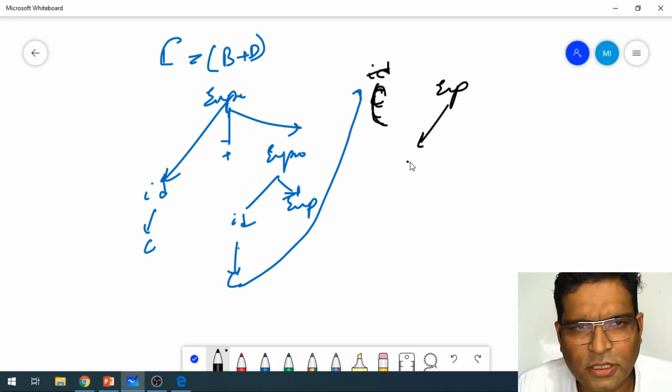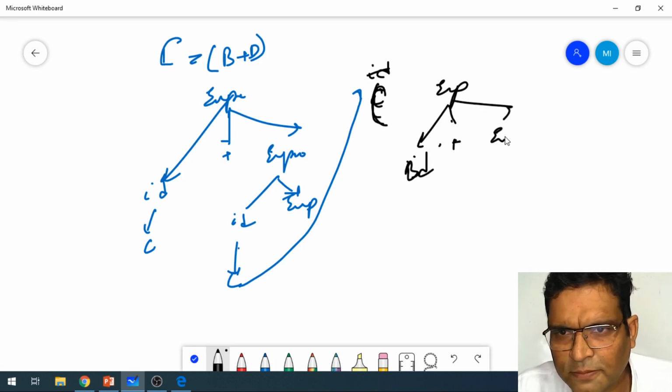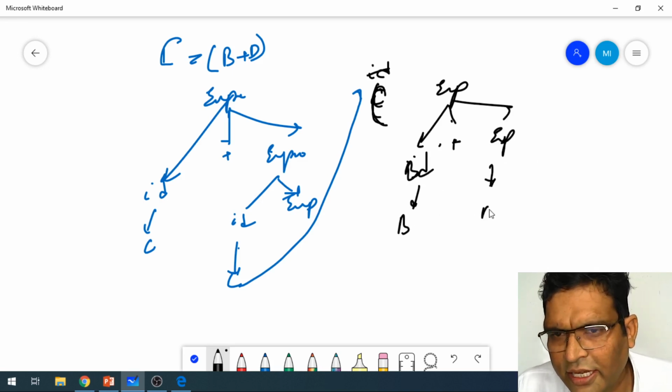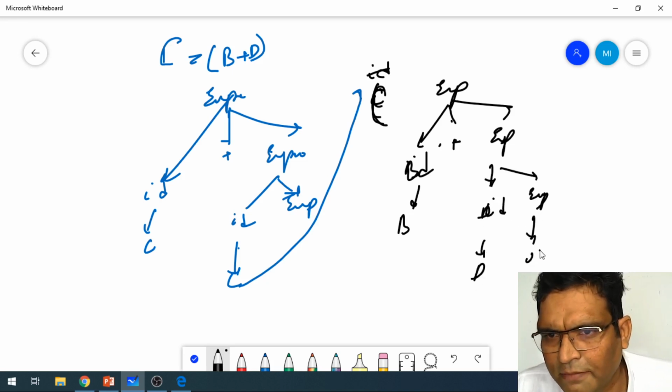Then this is expression B, ID plus expression. ID is nothing but B, we have already got B. Then this is D, ID, and this is expression. ID is D. Then I got this ID, and this I can call an open bracket.